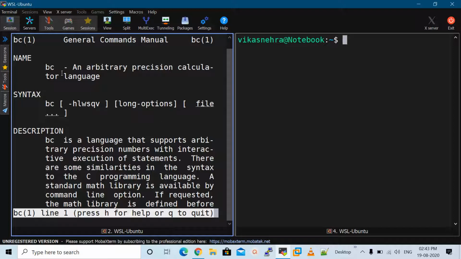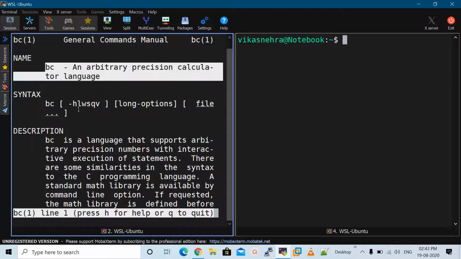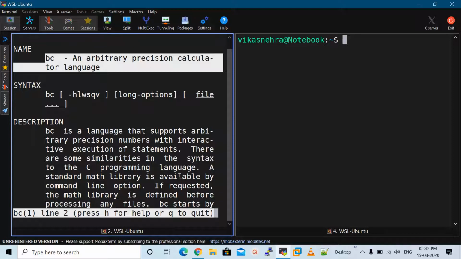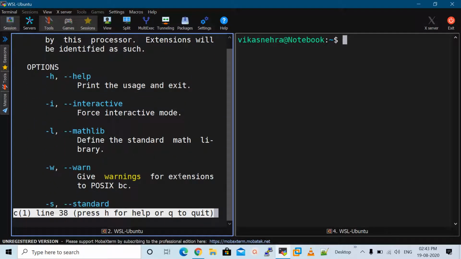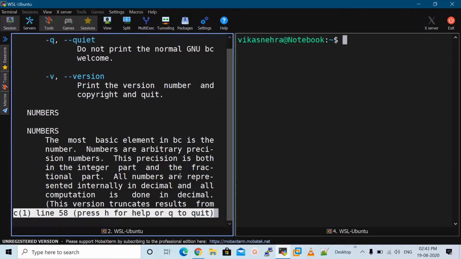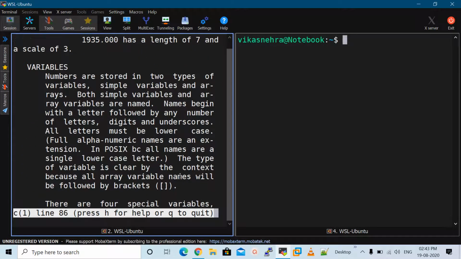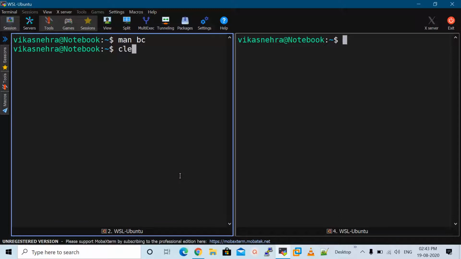Here the name is bc, an arbitrary precision calculator language. You can go through the syntax, the description and the options. So we will use this bc command in our script for arithmetic operations on decimal numbers. Let me show you how we can do that.